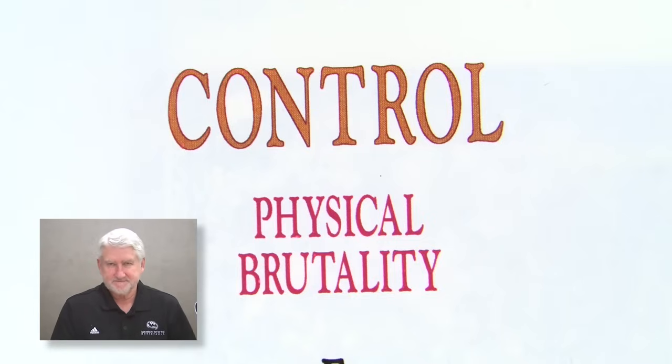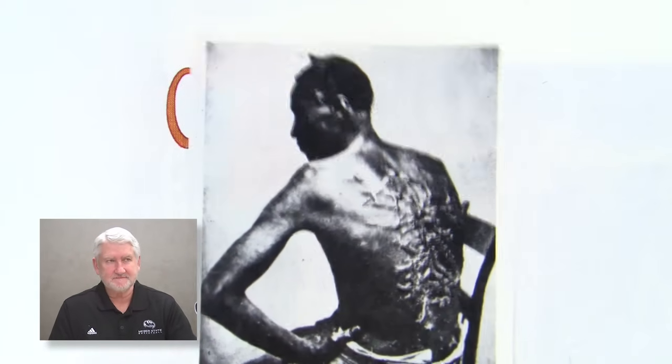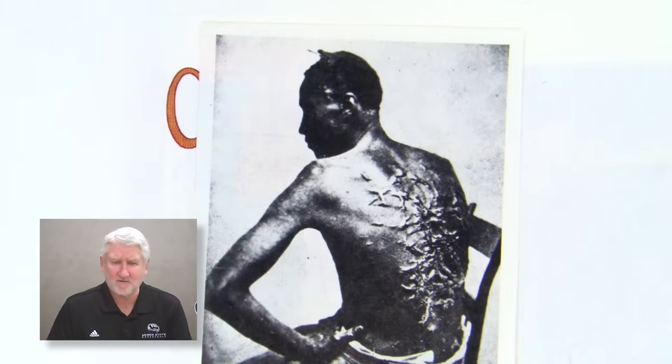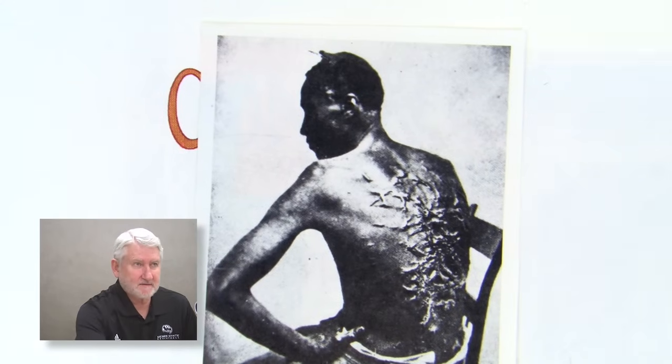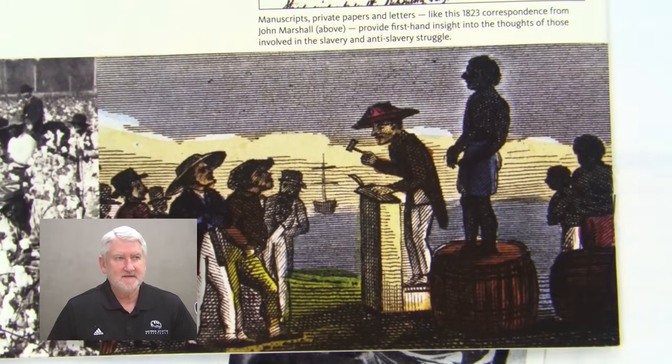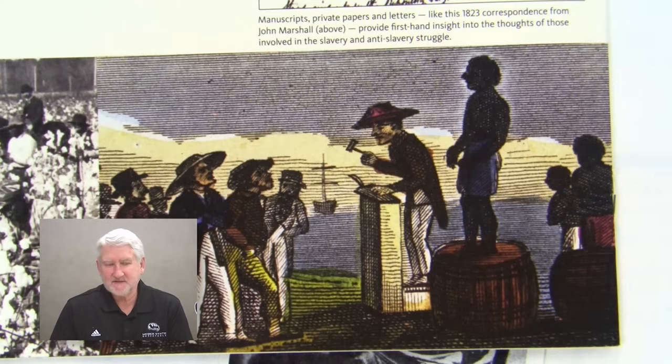One problem is, take a look at Gordon again. What if you decide to sell Gordon? Well, they're going to put Gordon on a block. It's going to look something like this. And the people who might buy Gordon are going to take a good long look at the guy. They're going to look at his back, and they're going to say, "Oh, a troublemaker, huh? Well, that makes him worth less. I'll pay a whole lot less for this guy because I see evidence that he's a difficult slave."